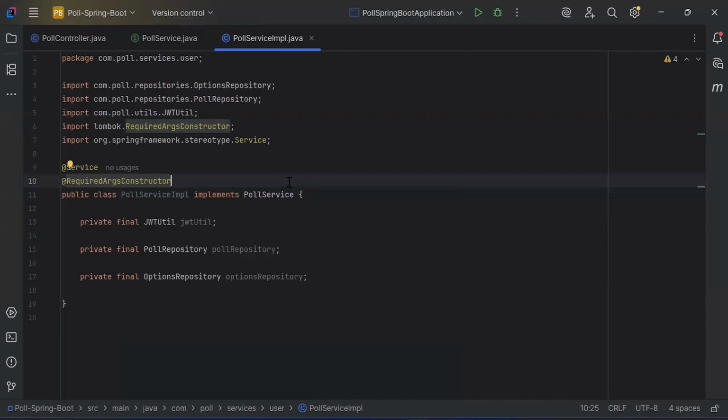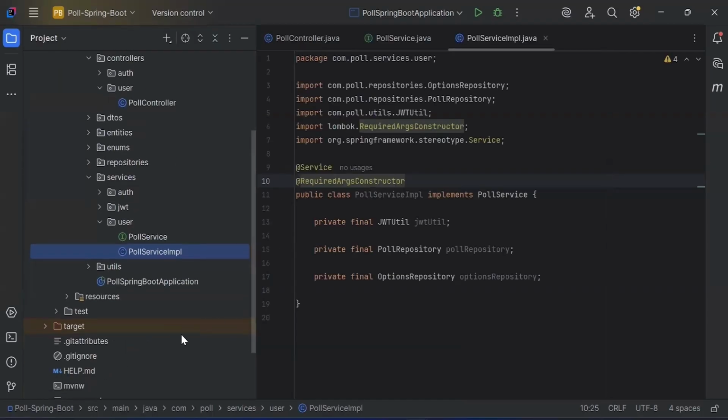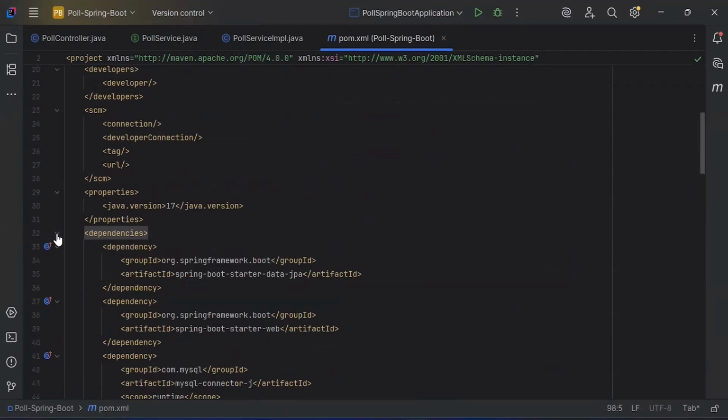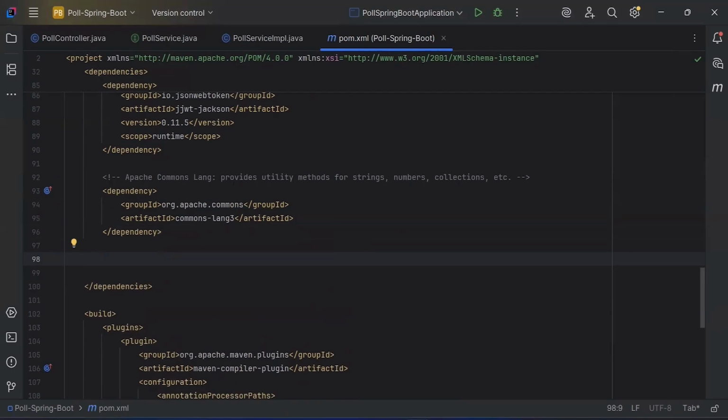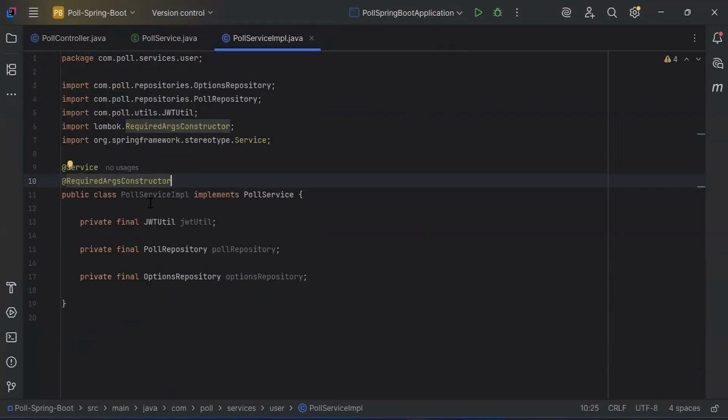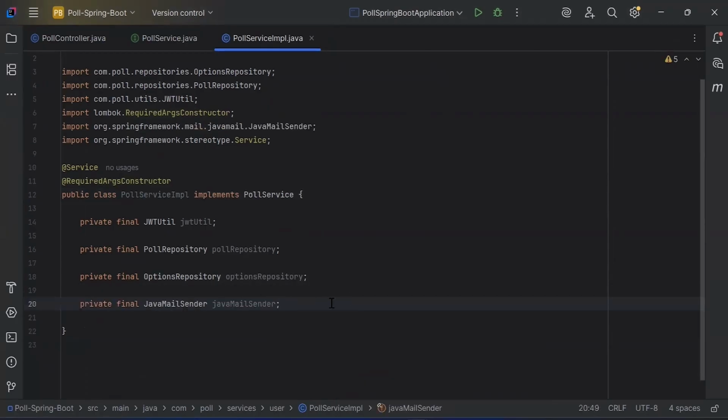After setting up the PollService, let me open here pom.xml. Inside the dependencies tag, let me add here the dependency for Spring Boot Starter Mail. After adding the dependency, let me refresh here the Maven. Let me close this file. Inside the PollServiceImpl, let me inject here JavaMailSender. As you can see, the import. Now after that,